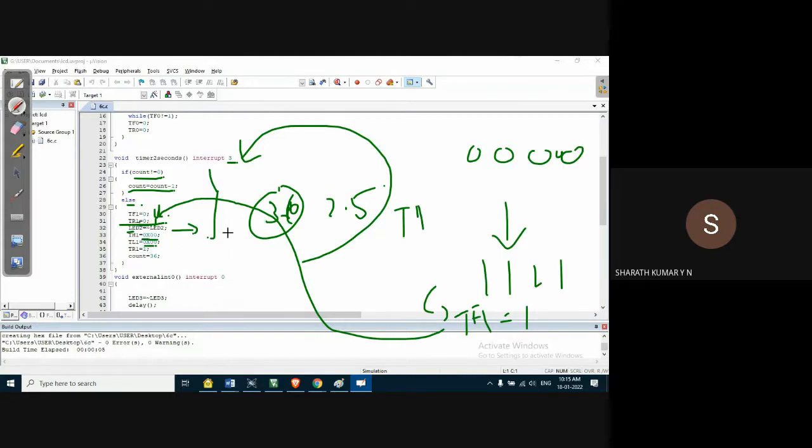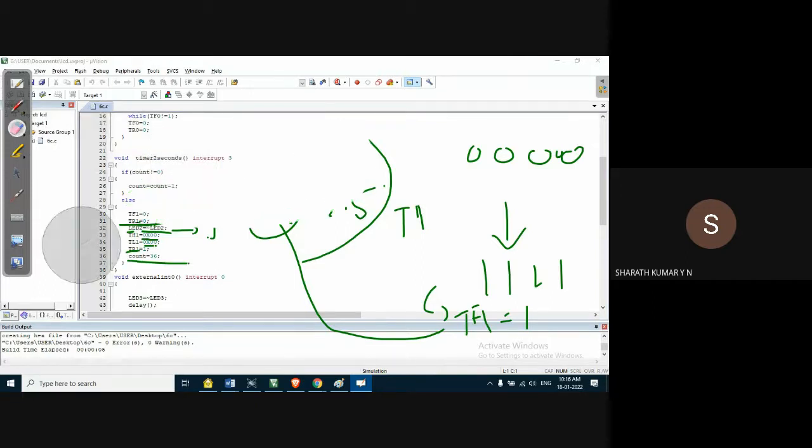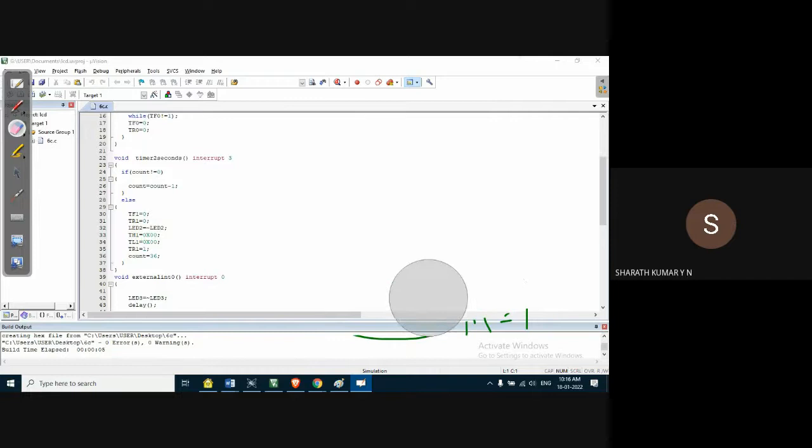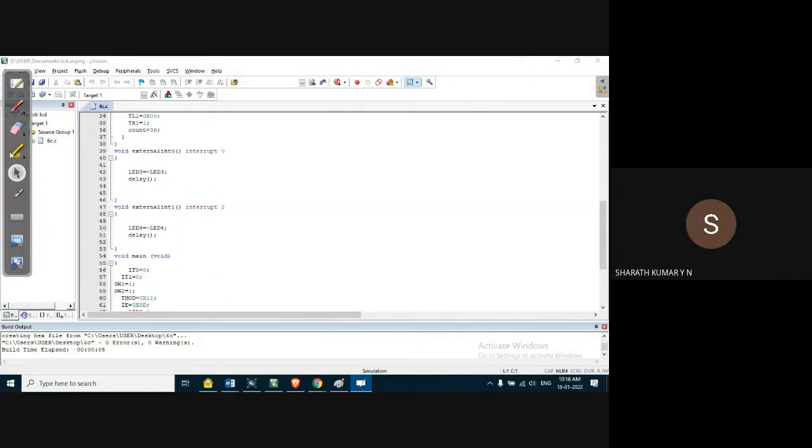automatically continue the process of continuously toggling the second LED. Start the timer, initialize count to 36, so that we can generate slightly more than 2 second delay and approximately less than 3 seconds. Okay, fine. So now switches are connected to external interrupt,